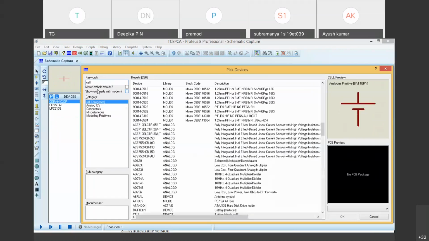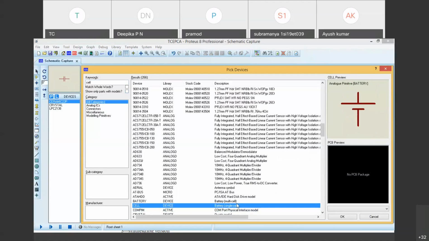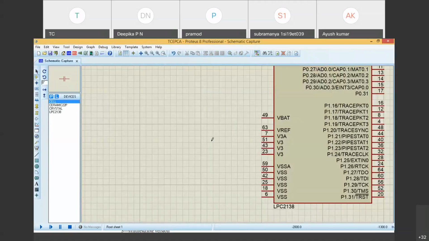The cell, you cross check. In this, there is a cell. A single cell is sufficient. Select the cell, battery, single cell, a DC power. So I can just bring it and click over here. See, this is the one. So if I click this, all these things, VBAT, V reference, V3, all these things go to plus VCC, and all the remaining VSS goes to ground. So it means that this is a ground point, no need to connect to ground, just take it and connect it to this, that's it.